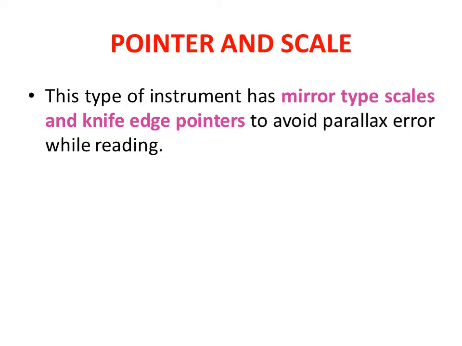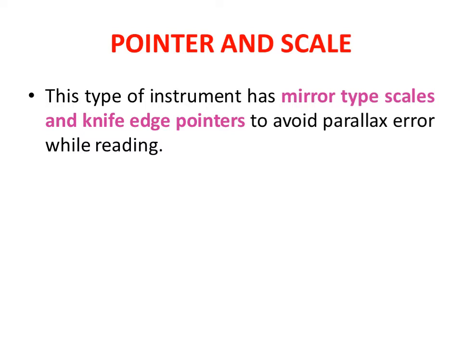Now, what is the working principle of the electrodynamometer type wattmeter? When the electrodynamometer instrument is used as an ammeter, both the fixed and moving coils are connected in series to carry the same current. To limit the current flowing through these coils, a suitable shunt resistance is connected to these coils. As you see in the slides, the resistance is connected to these coils in order to limit the current. But when the electrodynamometer instrument is used as a voltmeter, the fixed and moving coils are connected in series with high non-inductive resistance.